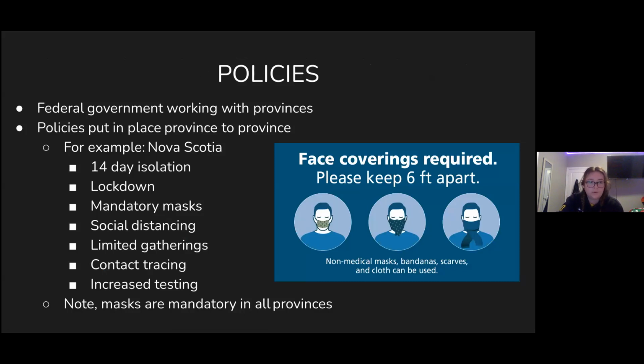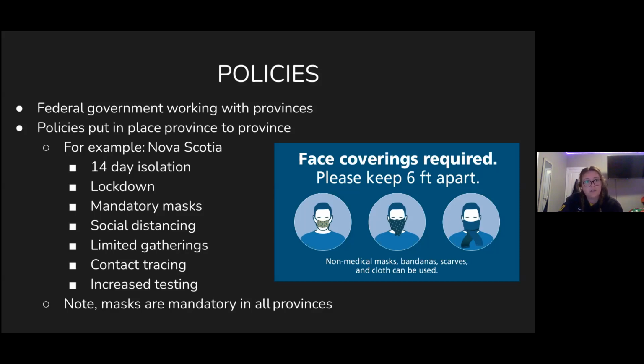So just for example, I'll tell you what happened in Nova Scotia. They were a part of the Atlantic bubble, which consisted of the four most east provinces. What the bubble meant was that anyone entering these 4 provinces had to isolate for 14 days. But once you're in the bubble, you could travel within these 4 provinces. This subsequently just burst the other week because Nova Scotia and New Brunswick had seen an increase in cases.